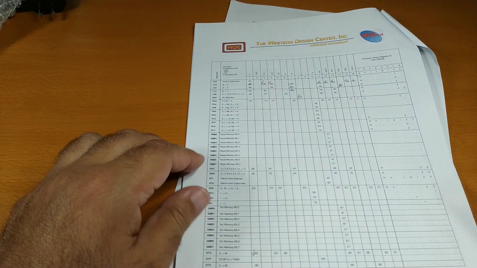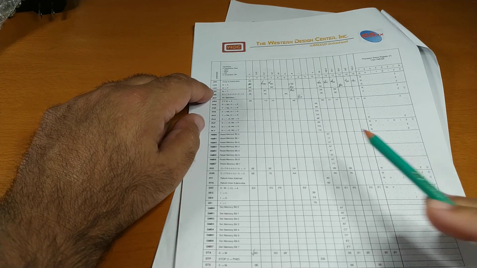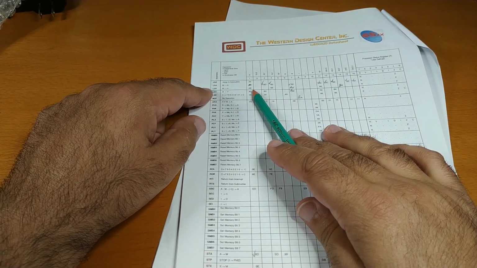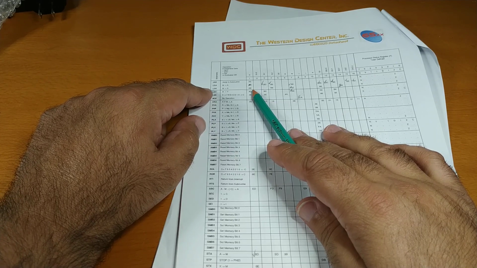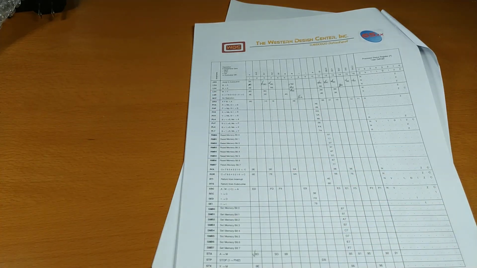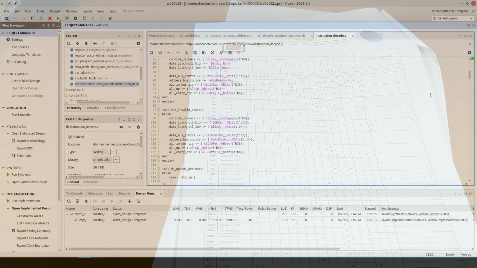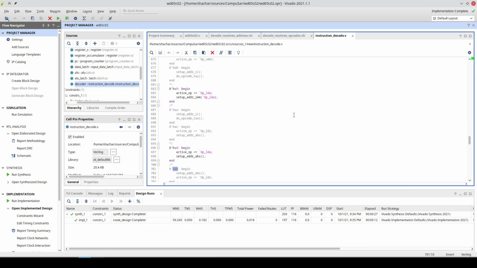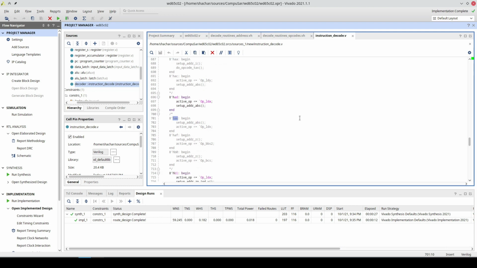Let's go with load X from absolute address. That's opcode AE. So the first thing we need to do is find AE in our huge case. And we see it here.